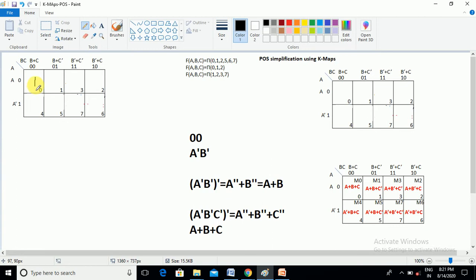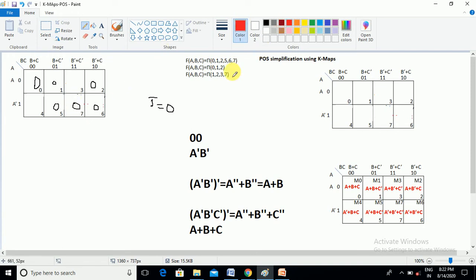What is the inversion of 1? The inversion of the 1 value will become 0. If you take the inversion of the 1 value, the result becomes 0. So we have to take 0 to select the max term cells. 0 for selecting the max term cell. So that 0 is selected. You need to select that 0 cell with 0 representation, and 1 is also selected, then you have to put the 0. And 2 is also selected, you have to put 0 here also. Then 5 is also selected, 6 selected, and 7 is also selected, and these are the selected terms in this problem. Then let us do the mapping.